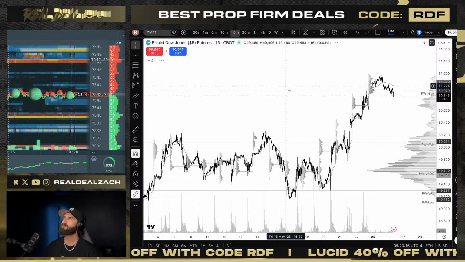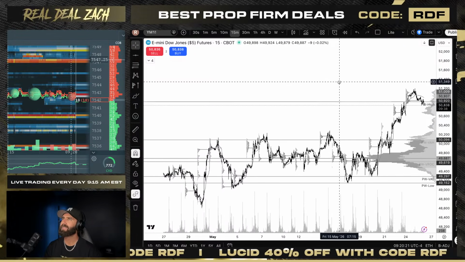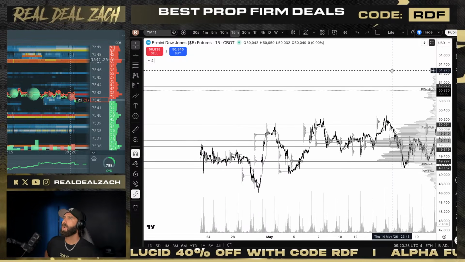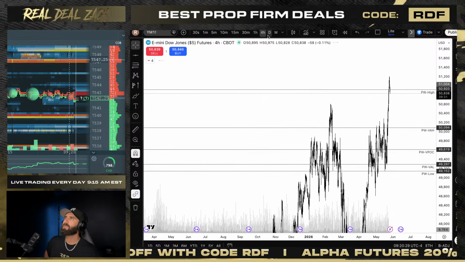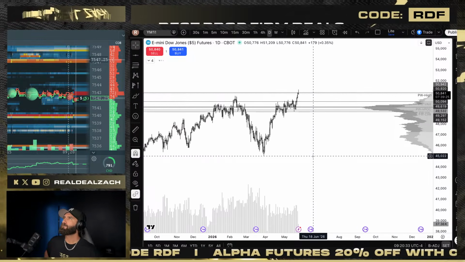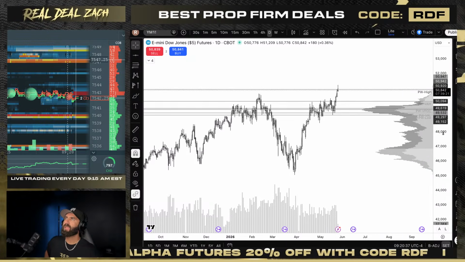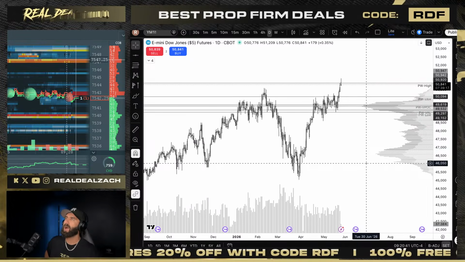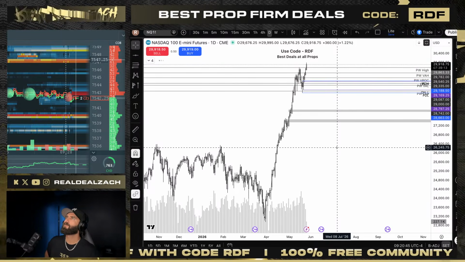Okay, now we get into discretionary stuff, right? Where you're not going to find it exactly the same as I find it on my chart. We're going to mark off some horizontal areas of interest, some boxes, some lines. Let's jump out to the daily first, see what we got going on. Big push, man. Big push to the upside. Finally getting above all-time highs, breaking above this prior all-time high. NQ, we're going to go ahead and mark that one up again as well.